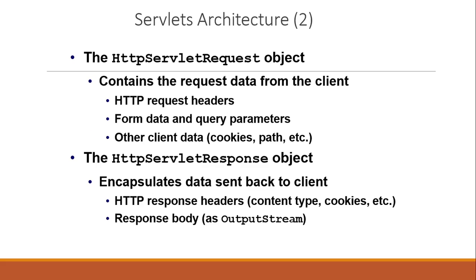Now, in servlet architecture, HttpServletRequest and HttpServletResponse, everything is done with the help of only the HTTP protocol. Without HTTP there is nothing to be done. So HttpServletRequest comes into play when the client sends a request to the server. Fine. Then we use HttpServletRequest because we are requesting some tasks, we are requesting the data which we want to check at our end. That's why HttpServletRequest contains the request data from the client.